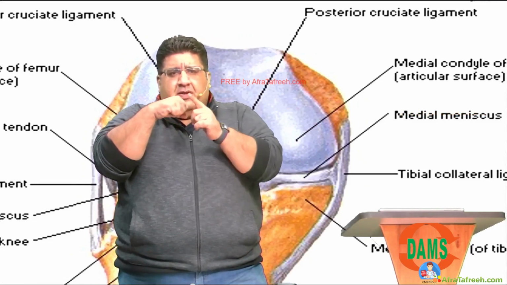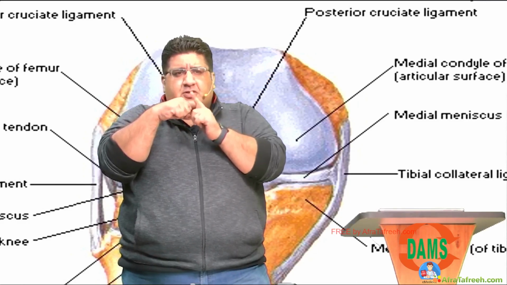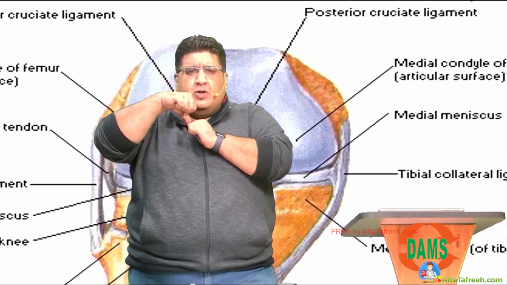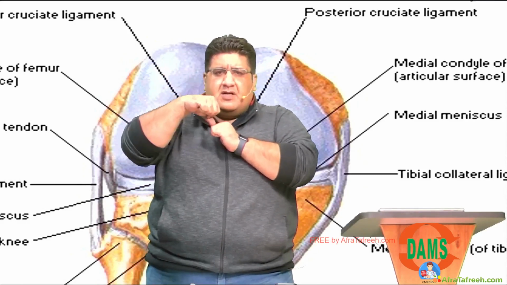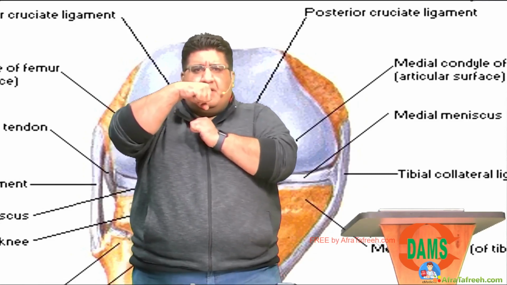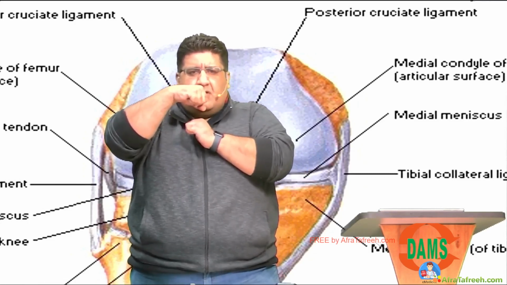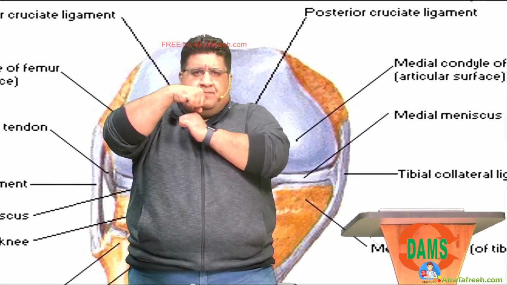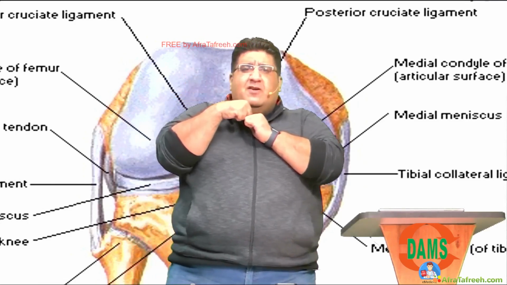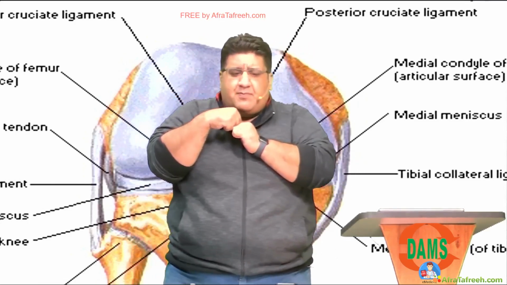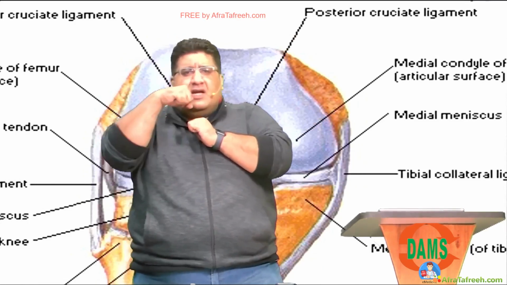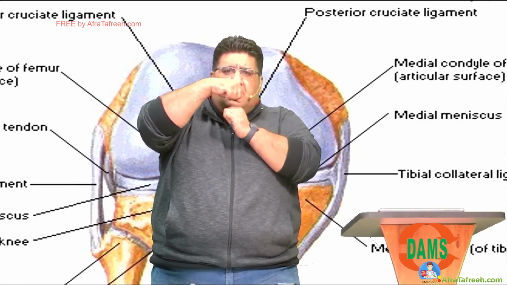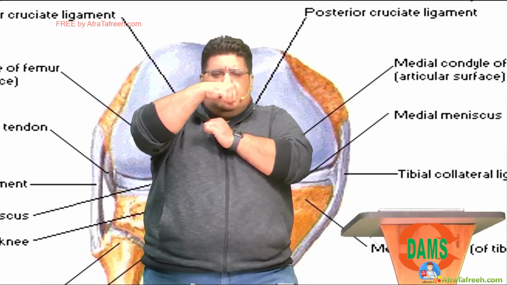PCL, I know that you come from the anterior part of the intercondylar notch of the femur and you go to the posterior part of the tibial spine of tibia. PCL, you should go to tibia and tell tibia that tibia cannot sag behind. Tibia cannot lag behind. Tibia should not go behind. So PCL comes to tibia and tells tibia, come with madam femur. Meanwhile, we take one step ahead, we go one step up, femur again goes in the front, PCL goes to tibia and tells tibia, come along with us. Tibia, you're not supposed to lag behind, sag behind.